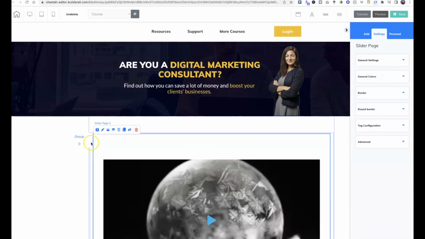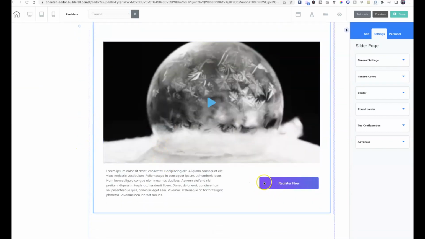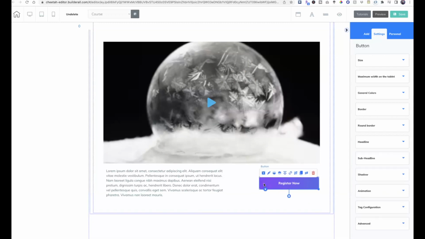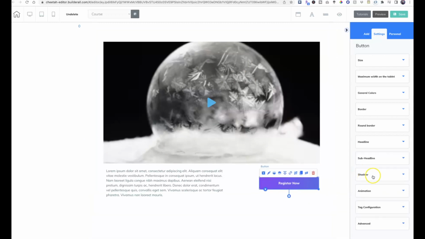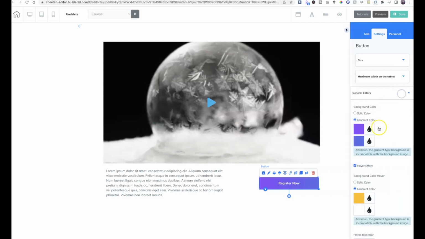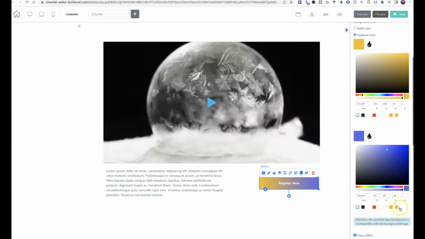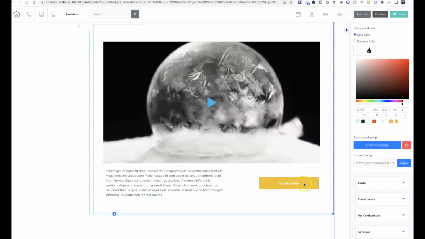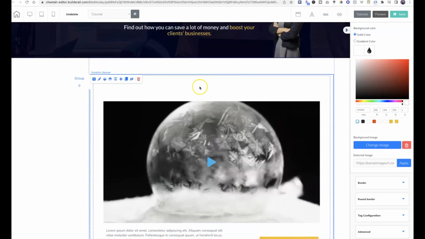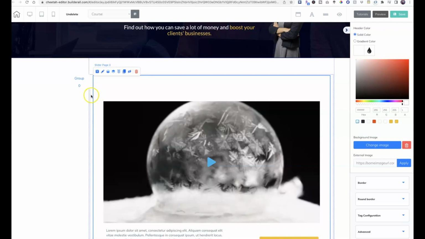So I want to go ahead and I want to duplicate this. I already have this set. And actually what I'm going to do is I'm going to change this button to yellow so that we keep everything consistent. So I'm going to go ahead and I'm going to turn this into yellow. And then the other gradient, I'm going to turn it into the other yellow. Okay, so here's where they can download their PDF. Okay, great. So now that I like the look of the slider,